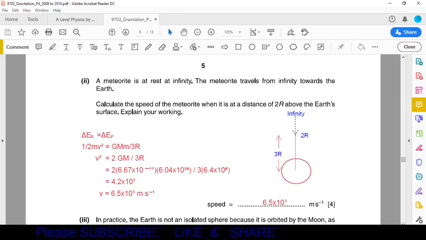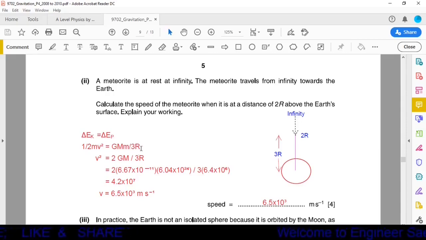It is moving means it has velocity, and when it has velocity, it is gaining kinetic energy. Second thing, it is moving from the infinity towards the surface of the Earth. So we can say its distance or its height is changing. So we can say there is also a change in gravitational potential energy. So we can equate change in kinetic energy is equal to change in gravitational potential energy. Now kinetic energy is given as half mv square and potential energy is given as G capital M small m over R.